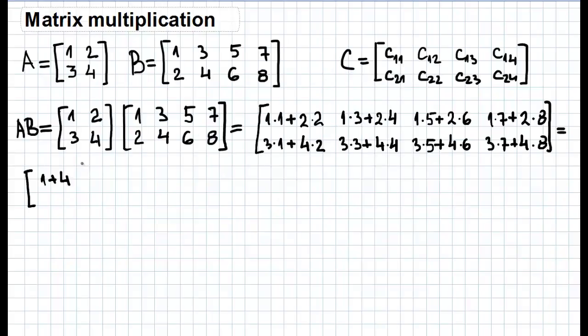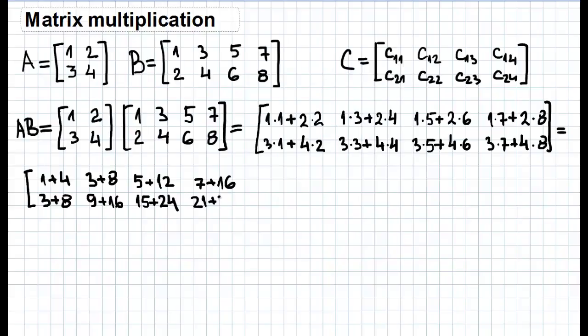Next element 3 plus 8, then 5 plus 12, 7 plus 16, then 3 plus 8, 9 plus 16, 15 plus 24 and 21 plus 32. When we calculate all this, we get 5,